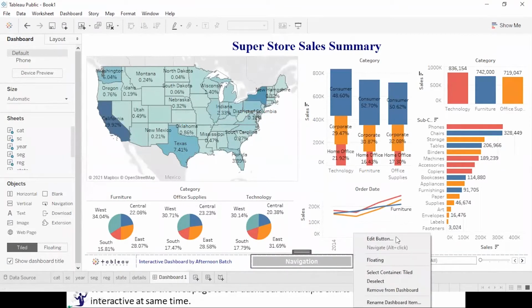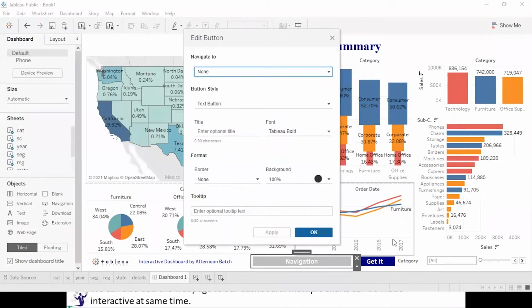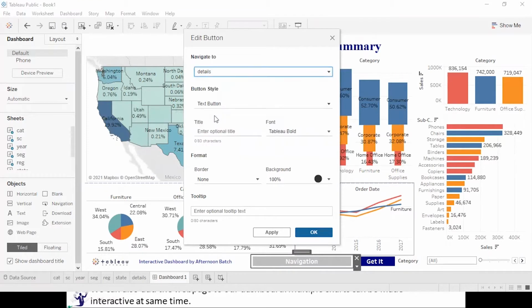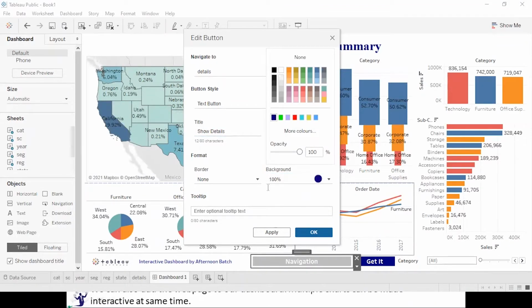You can click on the drop down, edit button, navigate to details. It is a text button. Let me take some formatting onto it.